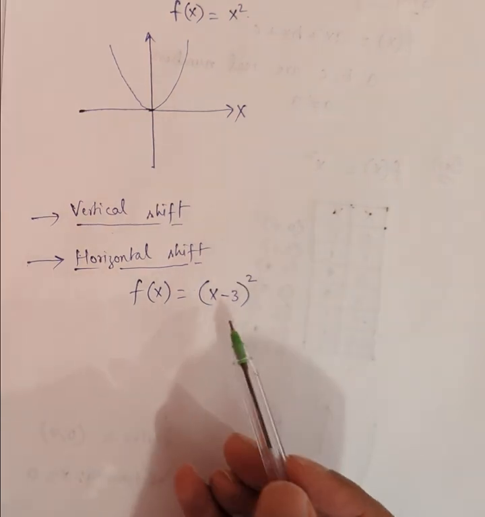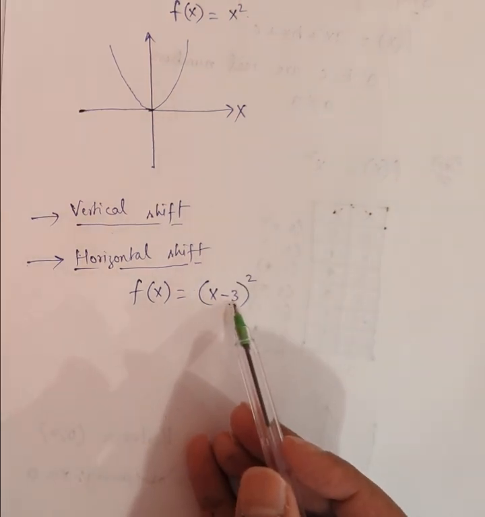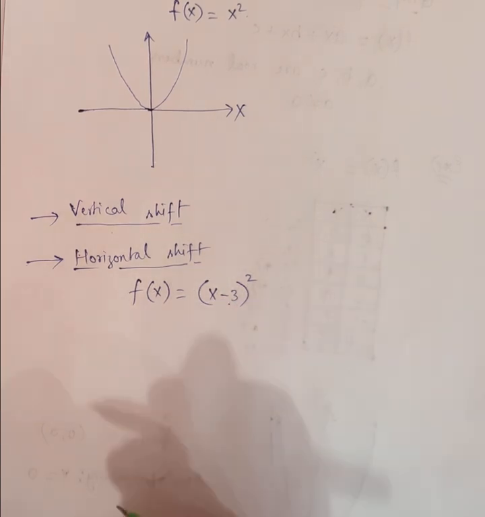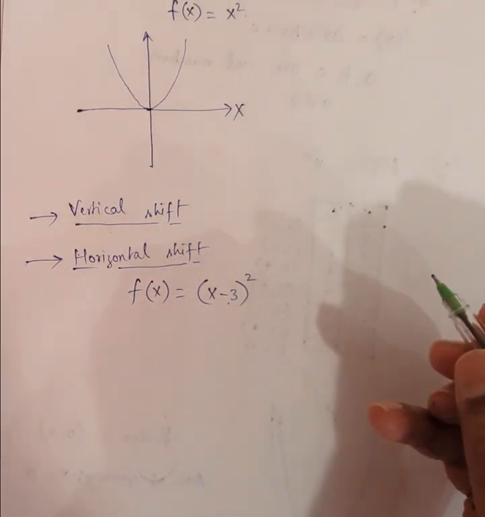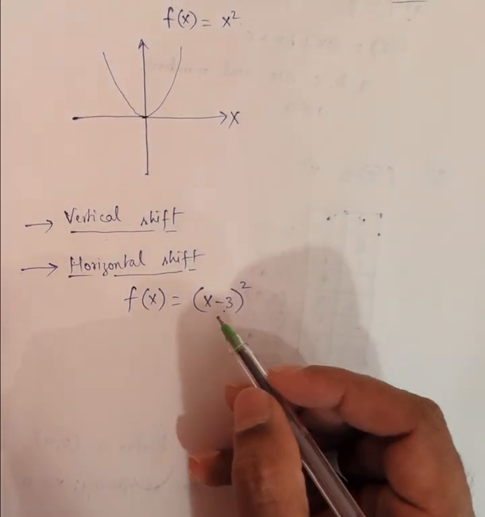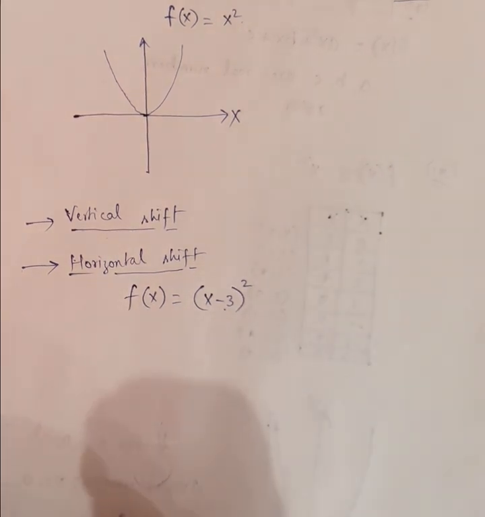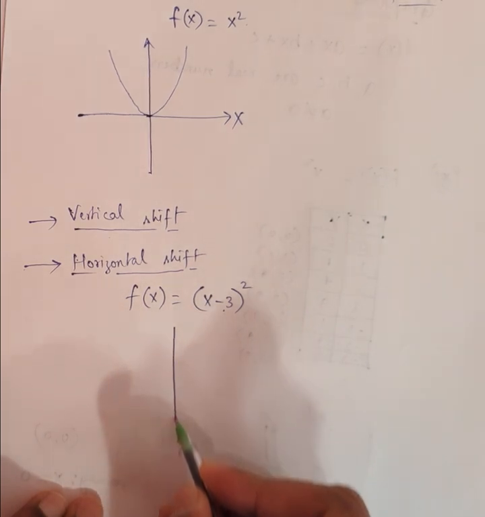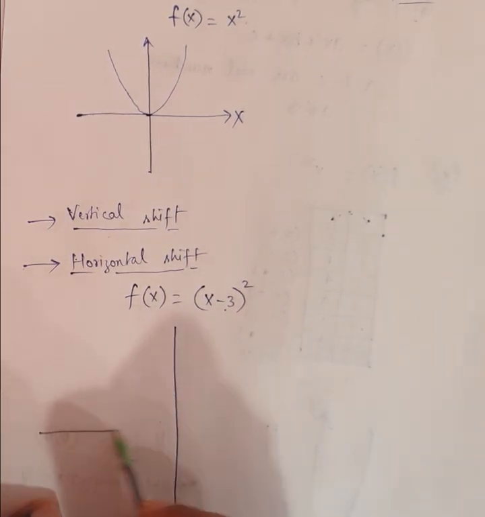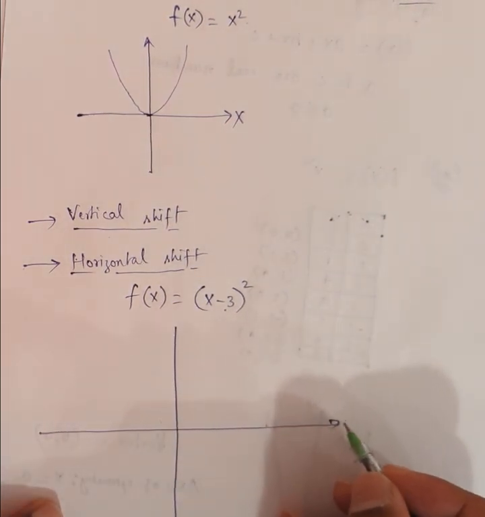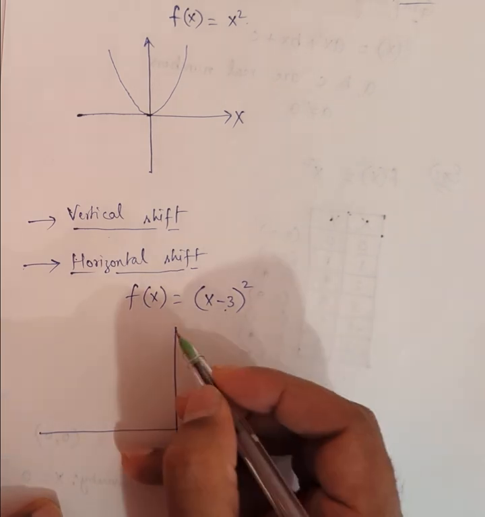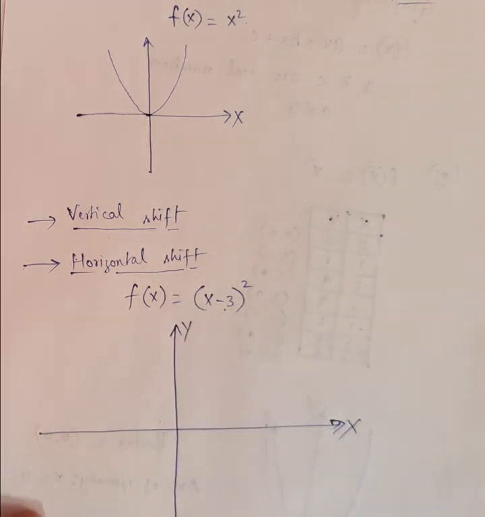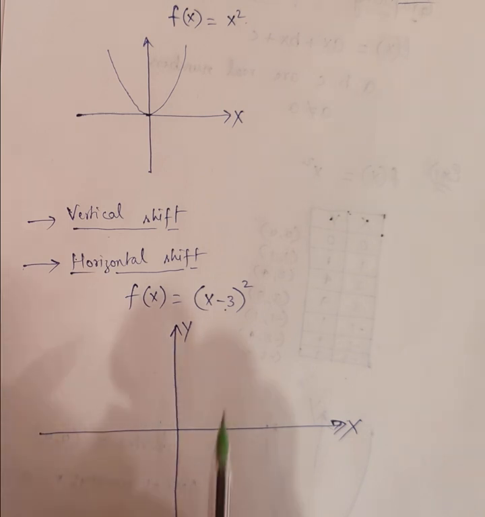So you're subtracting 3 first and then squaring. Now this is not the same as f of x equals x squared minus 3. Now what happens here is the vertex